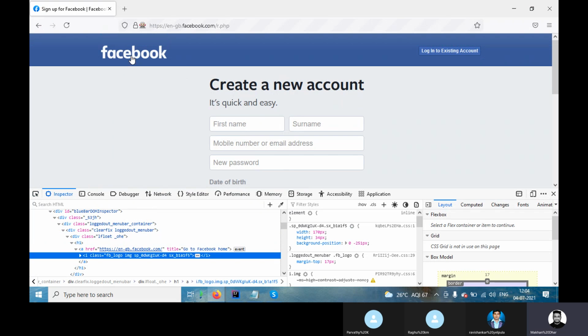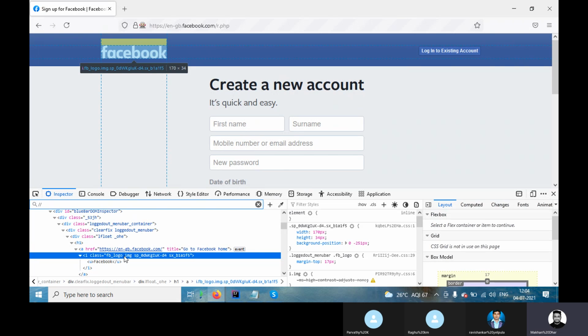Now you can see this is under I, right? So I can use a class name. There are many ways to create it. There is not only one way. If you are good with XPath locators, you can create it.